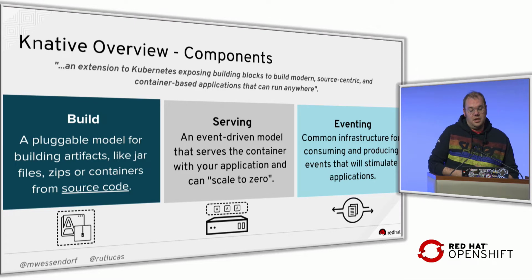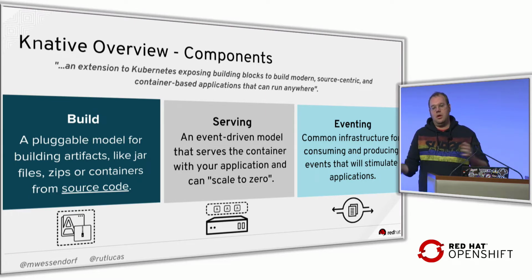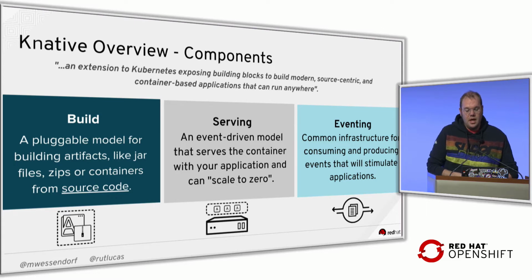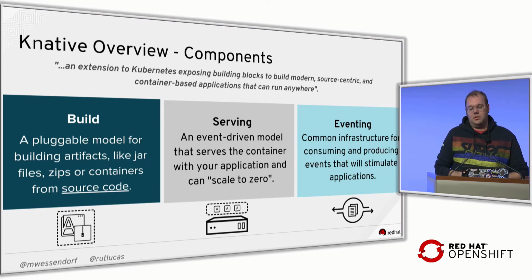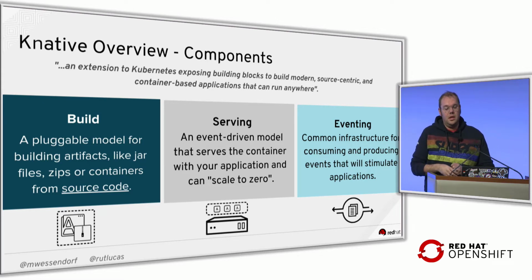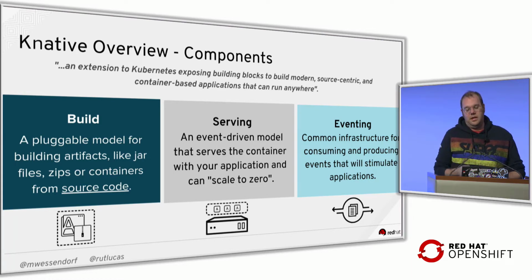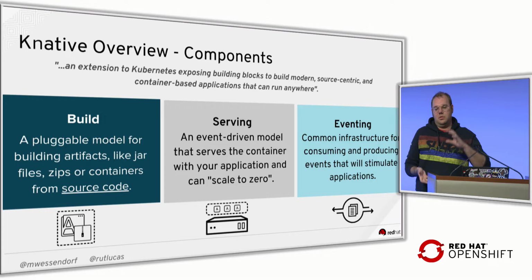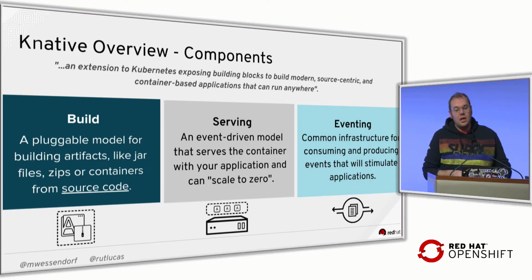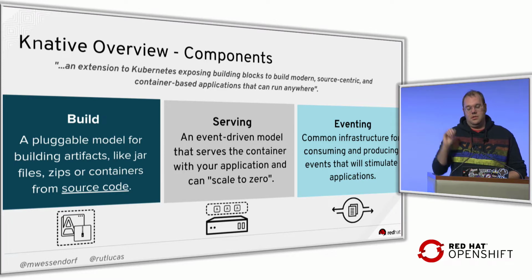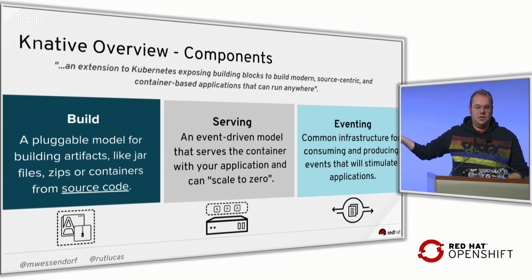Another interesting component here is the serving part, and the serving part is really a simple way to deploy your applications to a serverless platform. And the term serverless here really also contributes well to the concept that your application can scale to zero. We will see that later in action as well, that serving has an autoscaler and an activator. So when there is no traffic, after some time, your HTTP server application is being tiered out. And when there is new traffic coming, then Istio knows, okay, there is some traffic going on to that particular URL, and then it's reactivating the particular pod for you, and then your application is happy to answer the requests there.